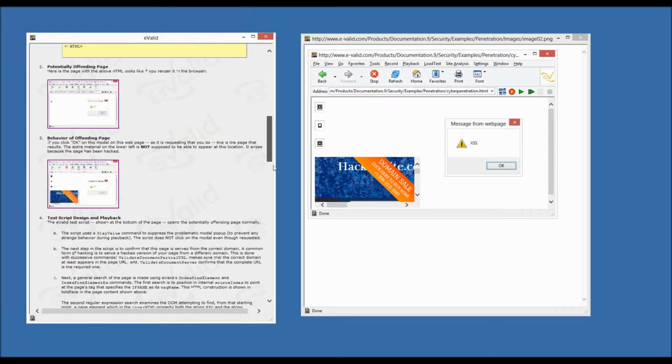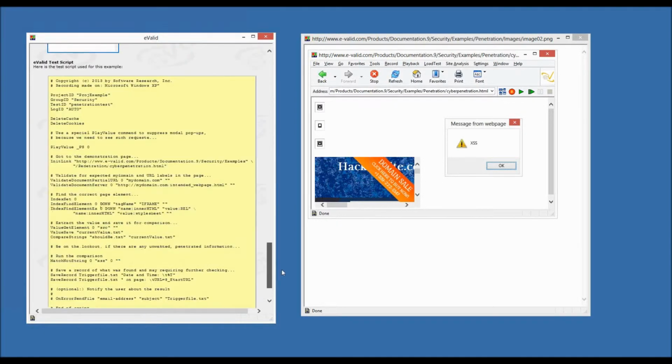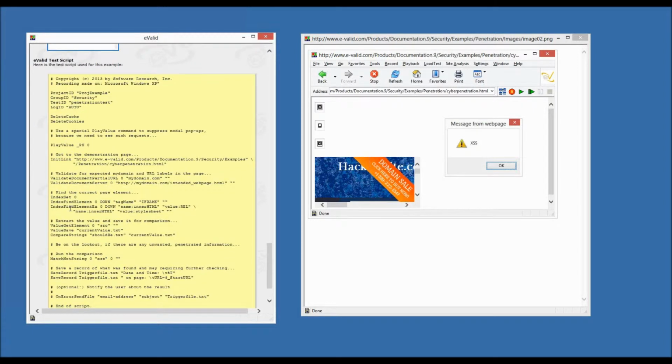Okay, so once we've done that, the next thing is, in the playback of this test, we've identified the specific source index. We don't know what that is, and we don't want to be specific about it because it could be any location on the page, and the page, if it was hacked, could have a completely different structure. So we want to do this in quite general terms, but now the source index points at a particular value,